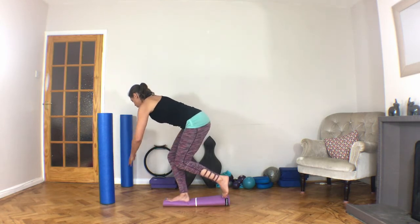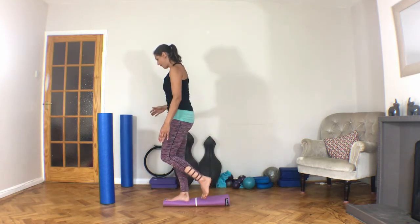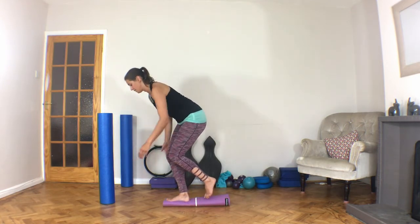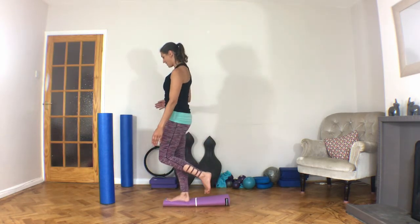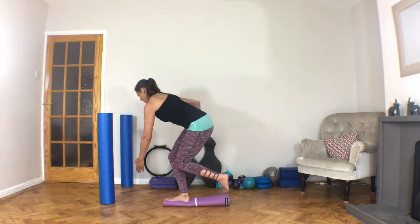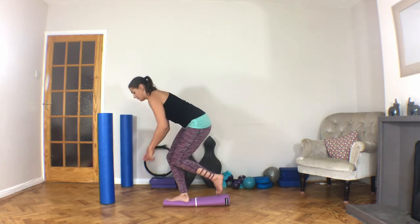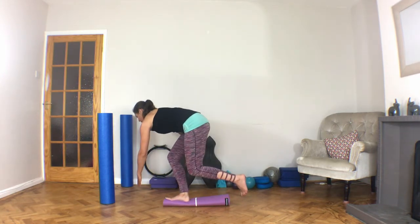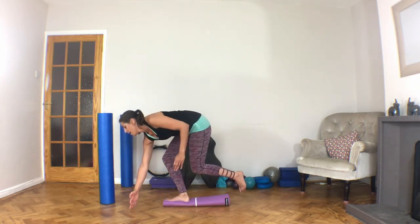If you need just to touch something in front of you, to take your bottom back rather than your knee forward. And now cross over, opposite hand goes to the little toe side, and back up. And then again, soften the knee, sit back, other hand, same side as the knee, the foot that's on the mat, comes across the body and taps down and up. We're going to go across, sit back, tap, and come up. Sit back, fold into the hip, and lower, and come up. One more each side. Sit back, tap across the body, come up, and down, and up, and just step off,